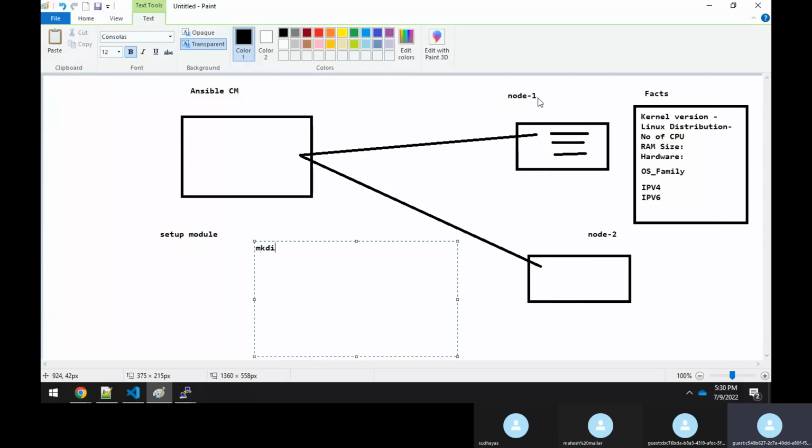You have to say mkdir -p. You have to create one directory under /etc/ansible, and under that, you have to create another directory, facts.d. After that, you need to get inside that directory, /etc/ansible/facts.d,